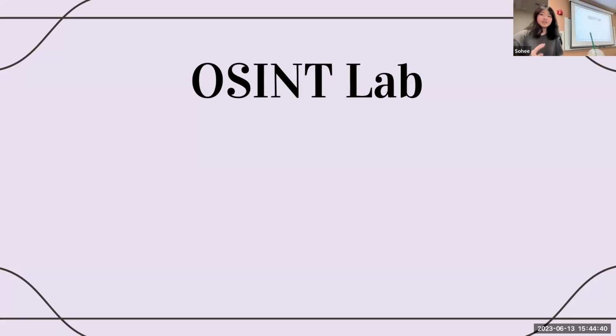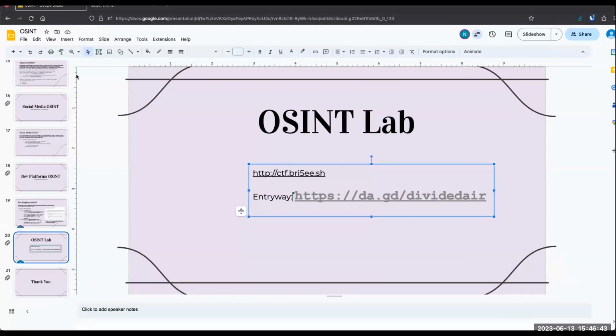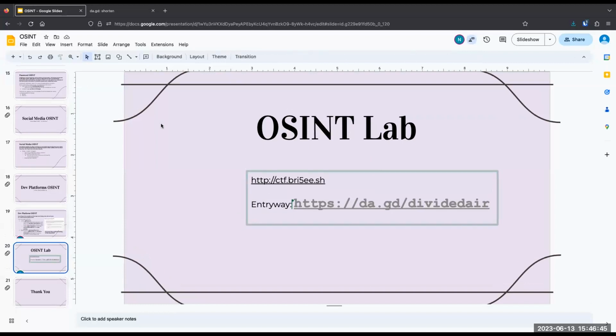But yeah, let's post something right now. Okay, so the CTF will be hosted at the top one. Make sure you use HTTP. You just hit that domain and it'll give you all the challenges, and you can submit your answers there if you find any. And then your entryway, your initial access, will be at that link right there. It's a LinkedIn page,